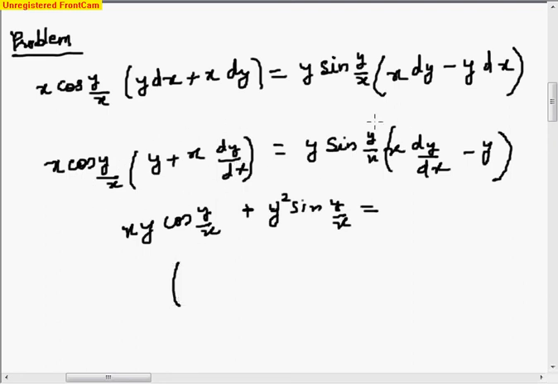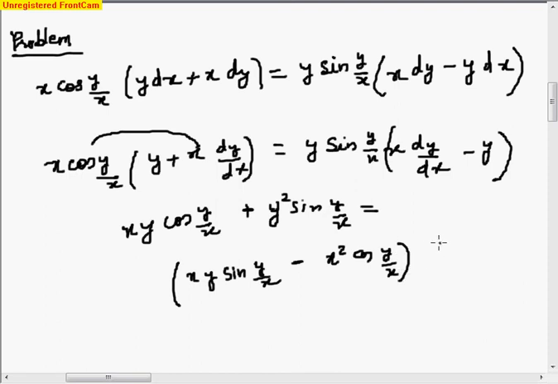So I have xy sin y upon x, this term, minus x square, this term, x square cos of y upon x dy by dx. So finally I got this thing,